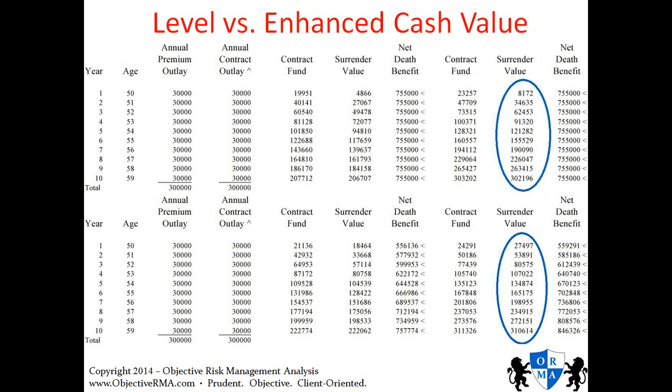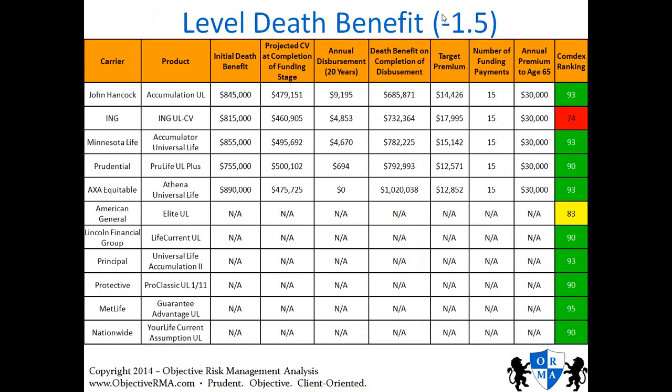Okay? And then one other thing that I run is, not all policies are going to be able to perform at what they were originally illustrated at. So what I did for this particular example is I reduced the crediting rate by 1.5%. And what this is supposed to showcase is you have your original illustration that looks great, and that's the reason why you sign it. Well, what happens if the interest rate drops by 1.5%, or what happens if the insurance costs increase? What does that do to the growth or the performance of this policy?